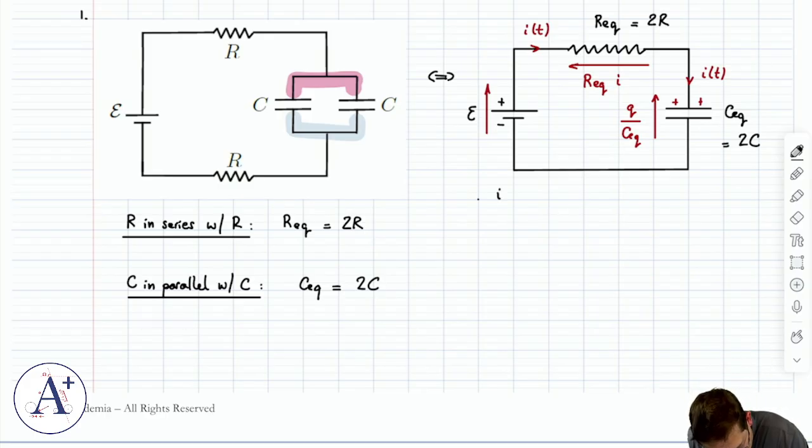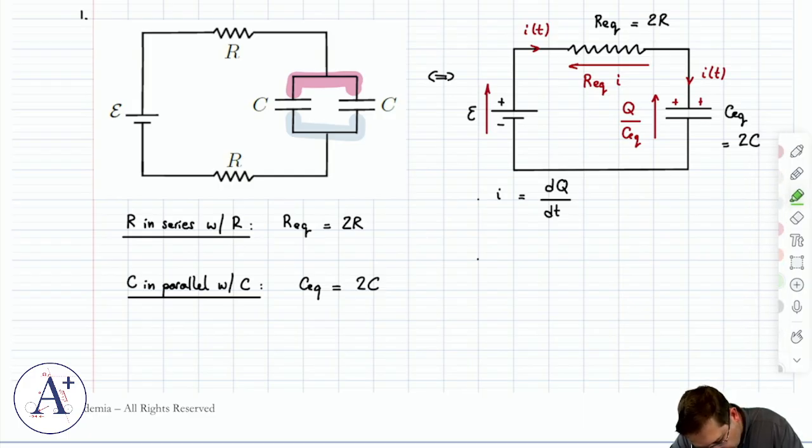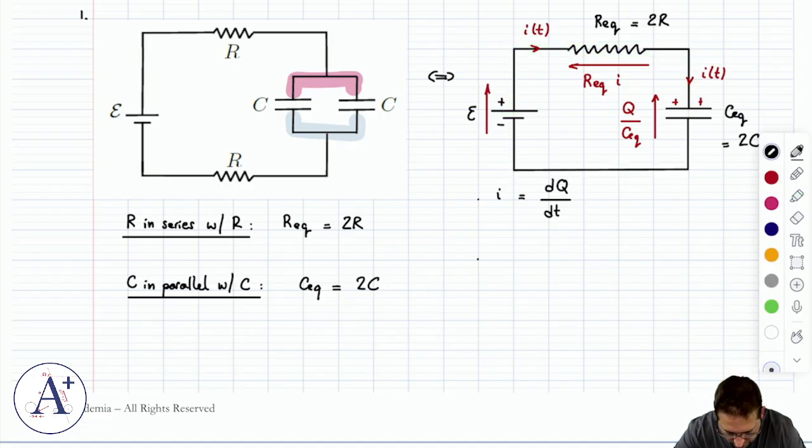For a charging capacitor, I is going to be dQ/dt. Now, I guess they call it big Q here, so I'll use big Q, which means I have to change this here. Change this to big Q. There we go. I is dQ/dt, and then the way I find the differential equation is I write the loop law. I'm going to go around my loop. I only have one loop, so that's pretty easy. Let's say I go around clockwise,